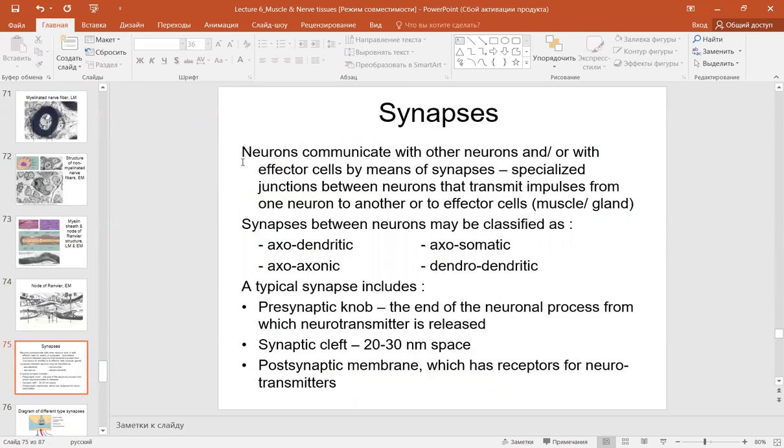Now we are talking about synapses. What does it mean, synapses? Neurons communicate with other neurons or with the effector cells by means of synapses, specialized junctions between neurons that transmit impulses from one neuron to another or to an effector cell, which can be a muscle or gland cell. Synapses between neurons may be classified as axodendritic, axoaxonic, axosomatic, dendrodendritic, and according to